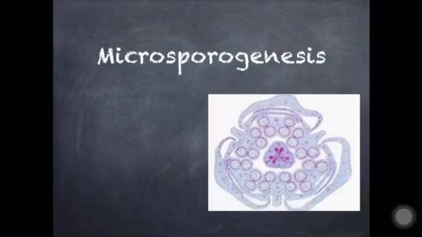So now we'll start with the new topic, that is the topic of class 12th, microsporogenesis. Before that we have discussed male reproductive parts, in that the anther and filament, the particular stamen parts. Further we'll discuss a more minute part of the male reproductive part, that is the microspore.